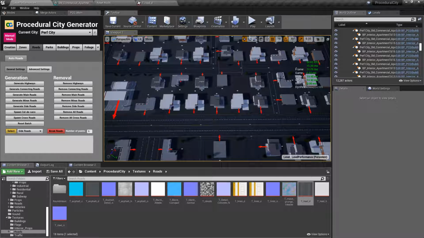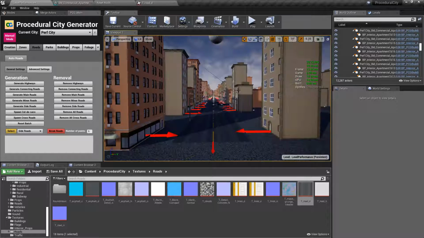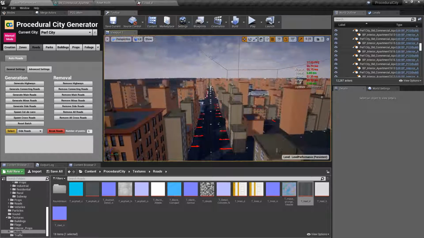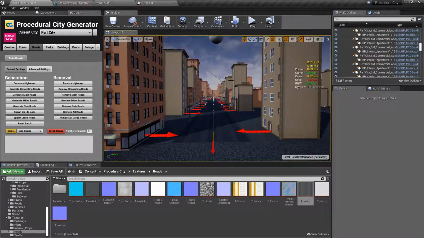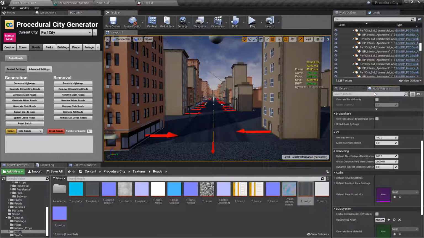Obviously, when you're getting close, Unreal will automatically populate the actual individual meshes, but when you're really, really far off, like in the distance here, you don't need all of those buildings on the horizon to be single meshes. You can combine all these into one or two or three or maybe even 10 meshes and significantly reduce the draw calls. And for you to do that, you need to come into the world settings, and you need to